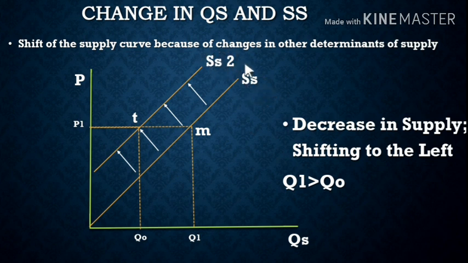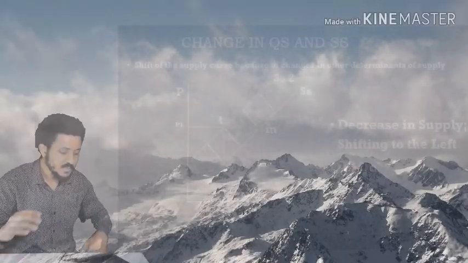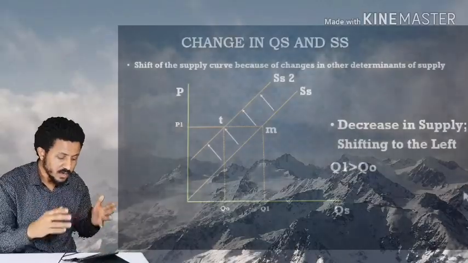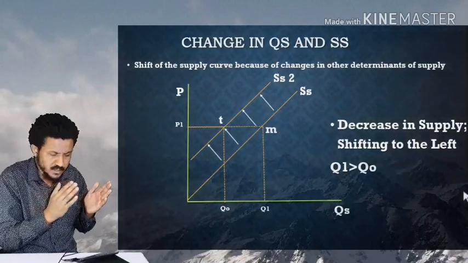So እስካሁን ያደረግነው ነገር it is a decrease in supply from SS to SS2 ሲሄድ we call it decrease in supply ወይንም በሌላ ወርድ shifting to the left። አዲስ ያገኘነው q0 is less than the q1, so q1 the original one is greater than the q0 that we have found because of SS2 ማለት ነው።